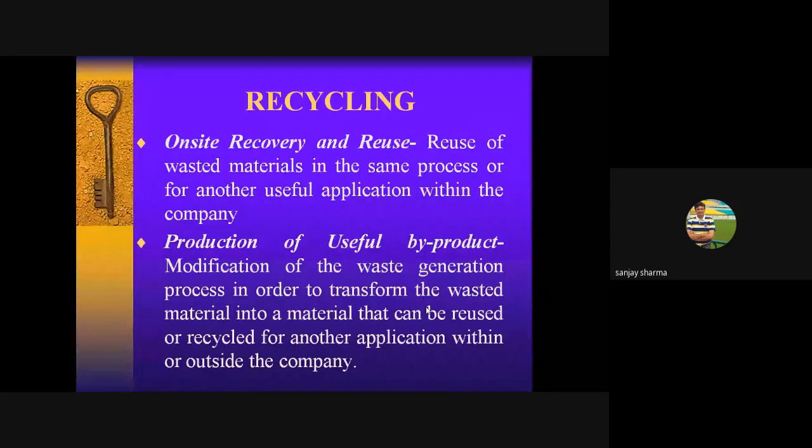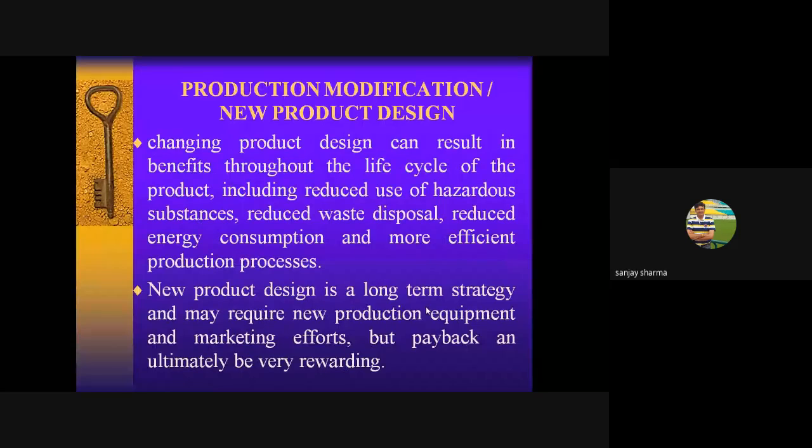Production of useful byproduct: modification of the waste generation process in order to transform the waste material into a material that can be reused or recycled for another application within or outside the company. Then product modification or new product design. Changing product design can result in benefits throughout the life cycle of the product, including reduced use of hazardous substances, reduced waste disposal, reduced energy consumption, and a more efficient production process. New product design is a long-term strategy and may require new production equipment and marketing efforts, but the payback can ultimately be